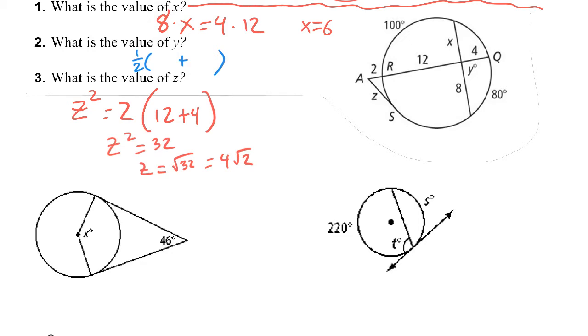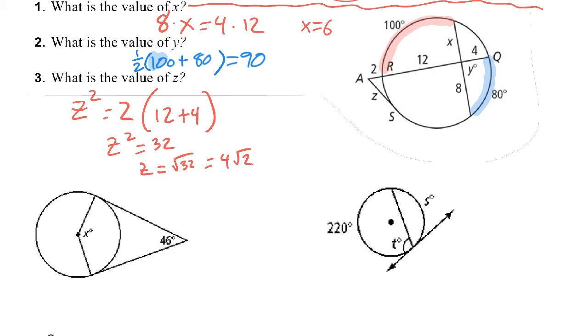It makes 80 and 100. And so it's half of 180. It's a right angle. So, oops, I'm writing in a highlighter. 180, so 90 is my answer for y. Okay,